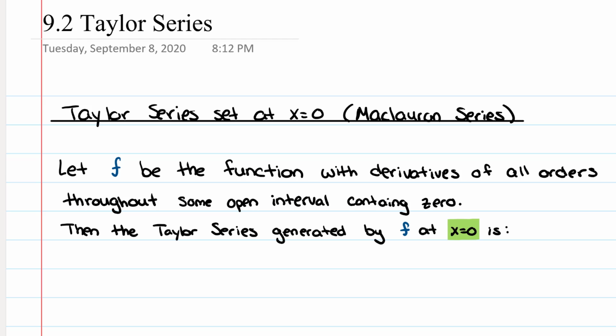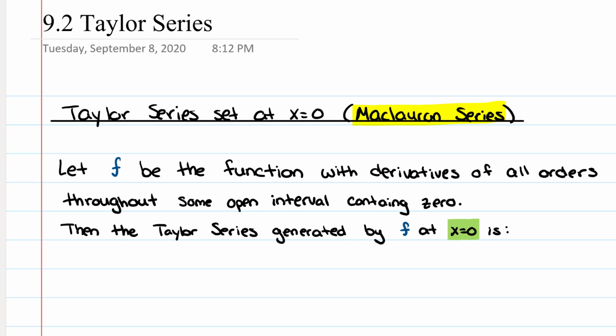9.2 Taylor series. So in this little video, we're going to talk about Taylor series that are set at x equals 0, which is what we've been working on. When you have a Taylor series centered at x equals 0, it's a very special Taylor series called a Maclaurin series. Because Taylor series can be oriented at any x value, 1, 2, 3, and 4, and we'll see how to do that later. But when you have a Taylor series at x equals 0, it's a special Taylor series